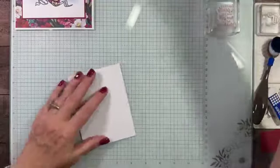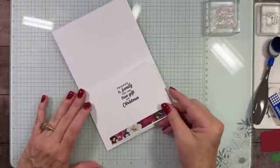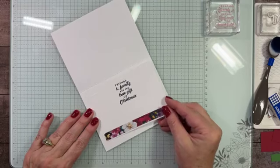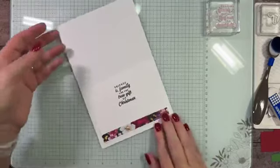Okay, so now we'll take this, add this to our card, and that made a pretty simple, easily replicatable Christmas card if you needed to mass produce. Okay,